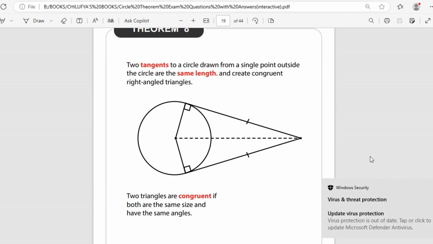Okay, so whenever we have two tangents that meet from a single point outside the circle, that will mean that they are of the same length and they create congruent right-angled triangles. Now, by congruent, what they mean is that they are the same in every respect. Their size is the same, their angles are the same, their lengths are the same. So whenever you have two tangents that meet from an external point, their length is the same,